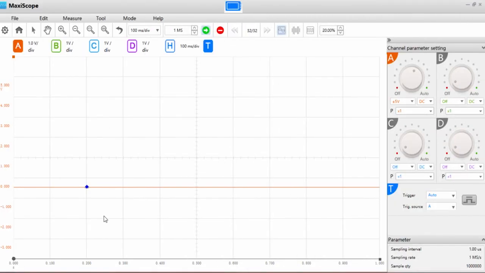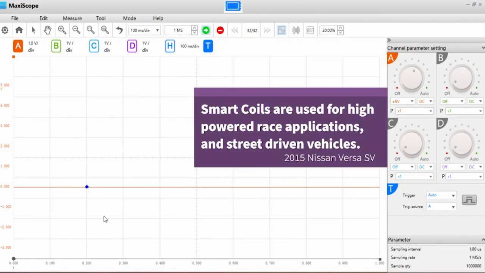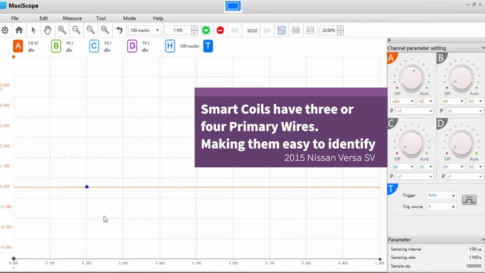Port fuel injected vehicle, this engine has smart coils. And what I mean by smart coils, they are quickly identified by having either 3 or 4 primary wires. A dumb coil will have a power supply and then the primary control. A smart coil, you can tap into any of those wires and you will not get a primary ignition